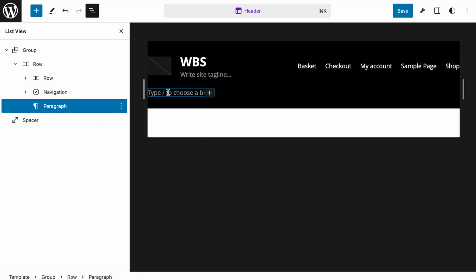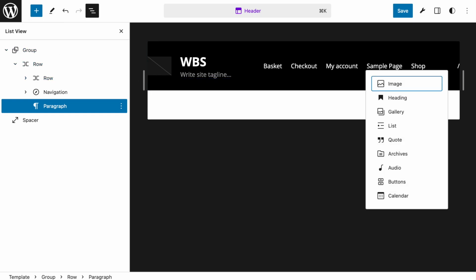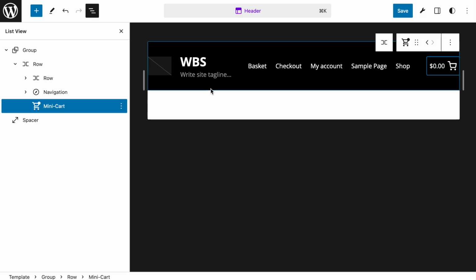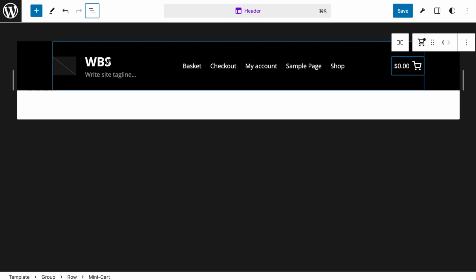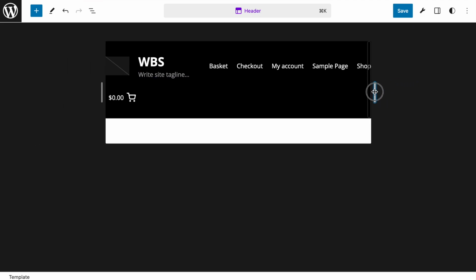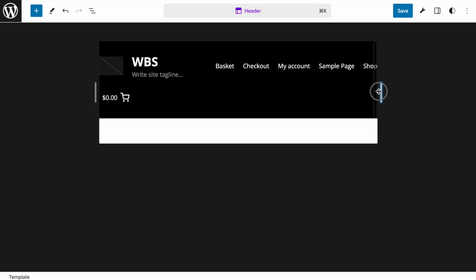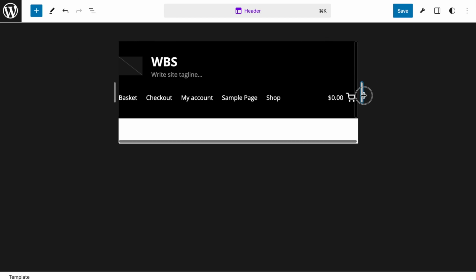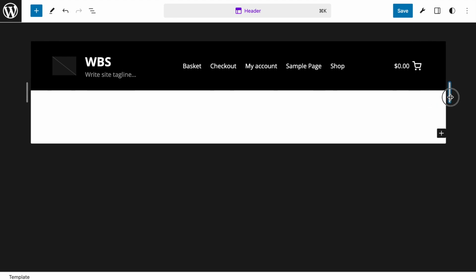Another little tip when we're looking for blocks: you can either add a block through the plus icon up here, or you can type a / and then you get a list of blocks. I'm looking specifically for the minicart. So there's the minicart there. That's kind of where I want it. That's cool. So I'm just going to squeeze this in to see what happens on the mobile view. The menu kind of jumps down, and yeah, okay, it looks a bit weird. So maybe what we'll do,